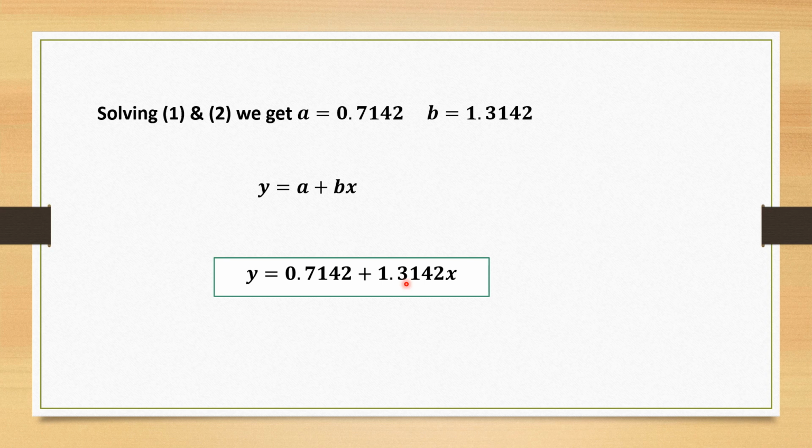So the main thing is, you will be given x data and y data. Calculate n, calculate summation x, summation y, summation xy and summation x square. Form the table, calculate all these summations and then substitute in the normal equation. Solve the normal equations to get the values of a and b, and then using the values of a and b in the equation of the straight line, we will get the required straight line.